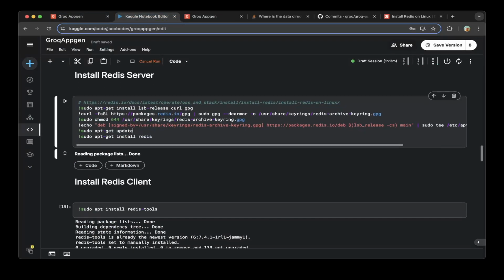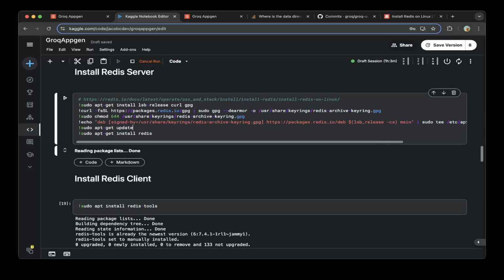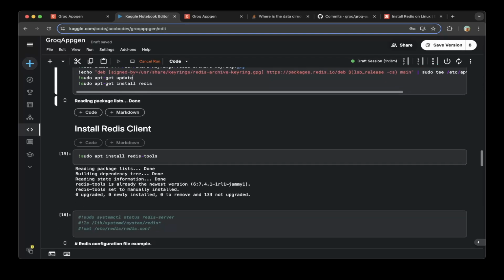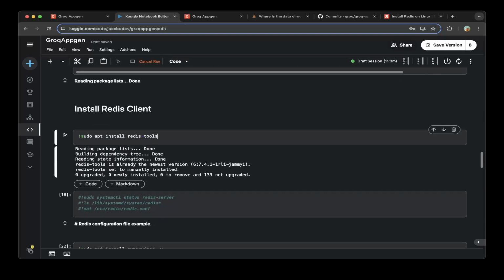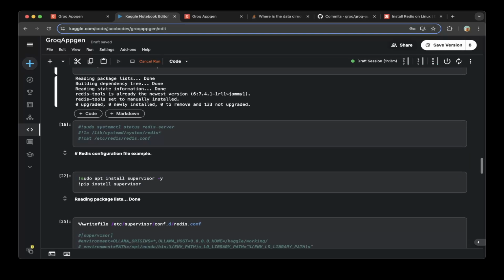So basically, it's going to install the server, but you also have to install the Redis client to test if it works. So after you install the Redis server, you can install Redis tools, which will include the Redis client. After you install the client,